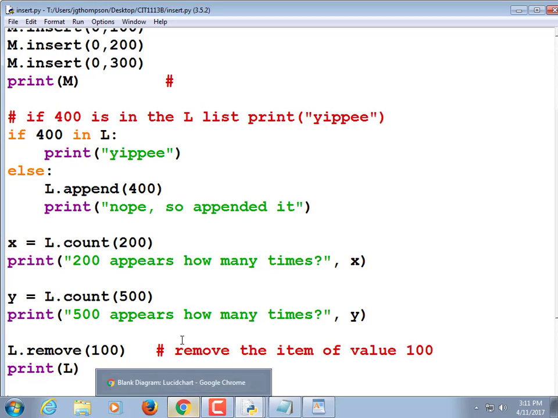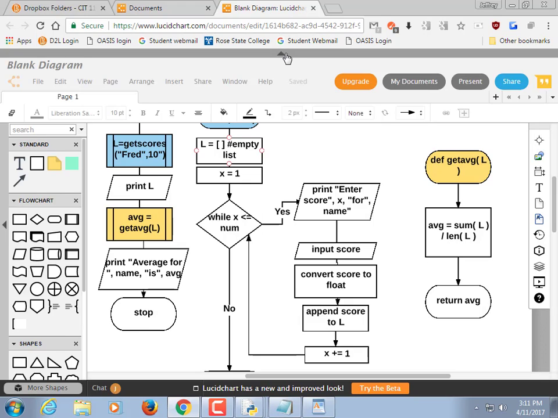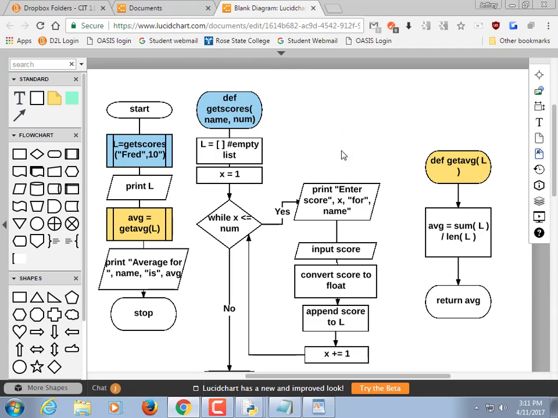Can you put the flowchart back on the screen? Pardon me? Can you put the flowchart back? Oh, yeah, sure. Do you need a printout? No. Okay. Or I can zoom in on it if it's